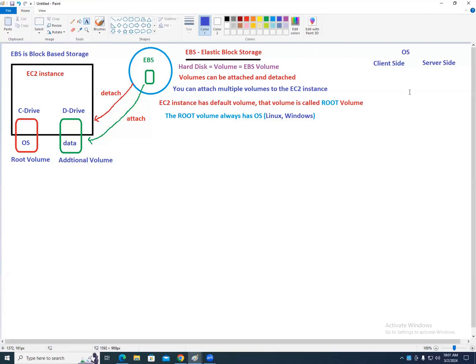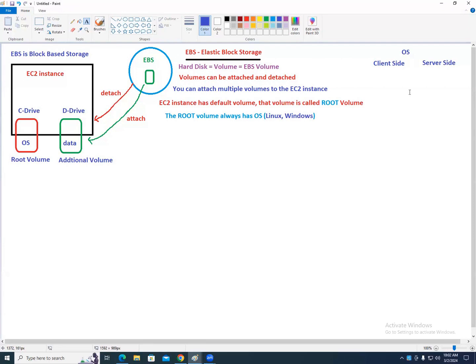Server-side means Windows Server 2020, 2021, 2022, 2023, and Red Hat for Linux. Linux operating system has so many flavors: Red Hat, Fedora, CentOS, Ubuntu. These are all server-based, because we are putting applications inside it and it needs to host the application. For EC2 instances, is it good to be client side or server side?